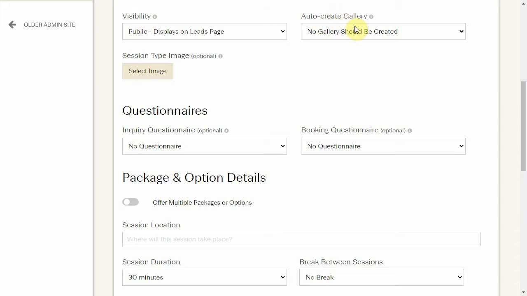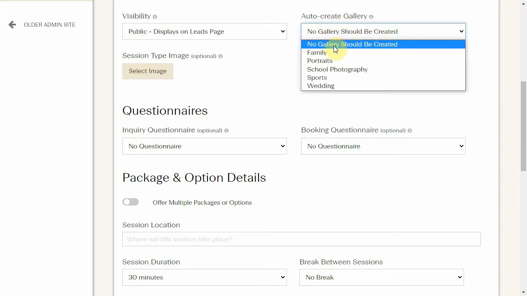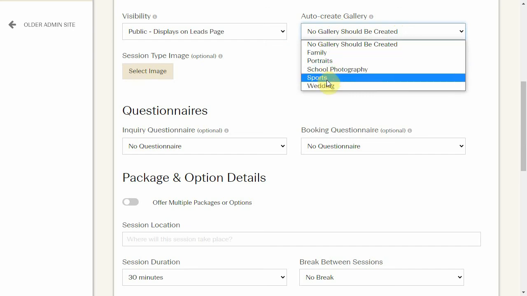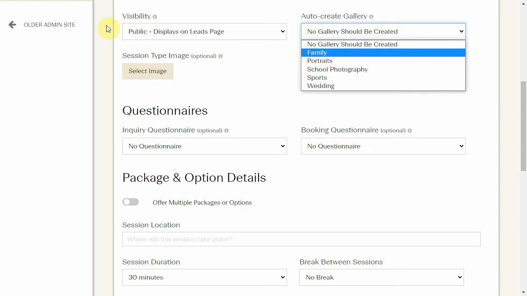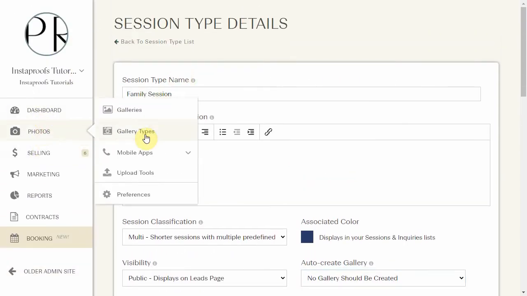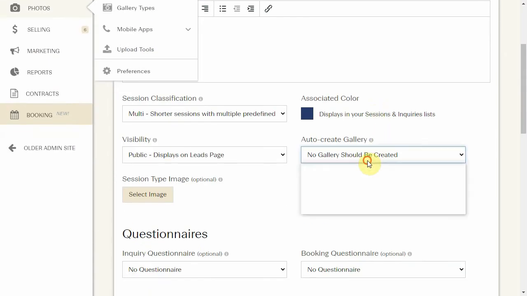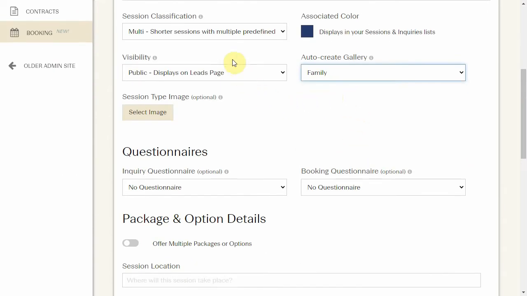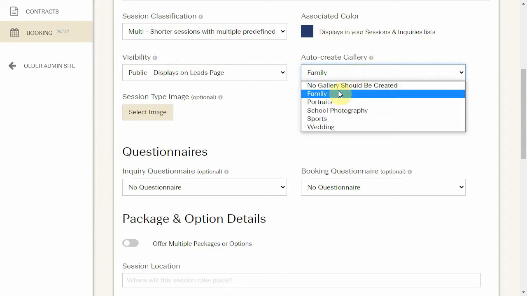This option here is to auto-create our galleries. We have the option to not create a gallery when a session is booked, or we can create a gallery using any of the event types that we've already set up. These are different gallery event types that are found within the photos gallery types. And so for now, we're going to set this to our family. So anytime somebody books a session of this type, it's going to automatically create a gallery using the family gallery